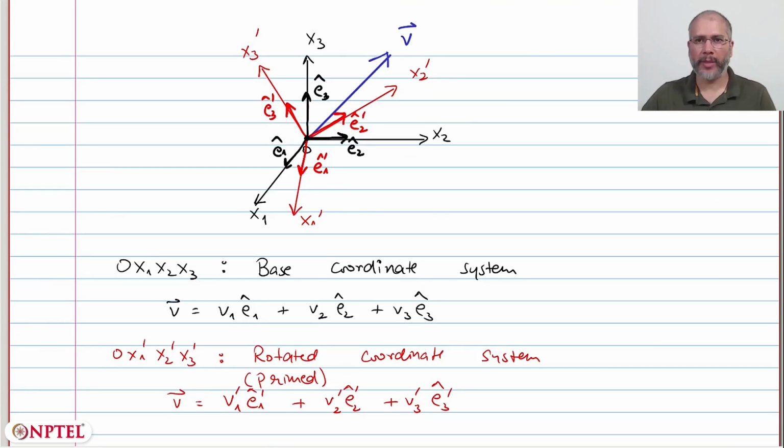So we must remember that the vector v is the same. The vector v is physically not changing. It is just its representation that is changing because of the change or the transformation in the coordinate system. That is the reason I've written the vector v with the arrow on the top as the same in both cases. But if I was to denote the components of the vectors,